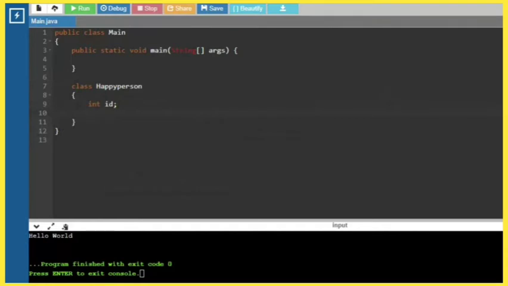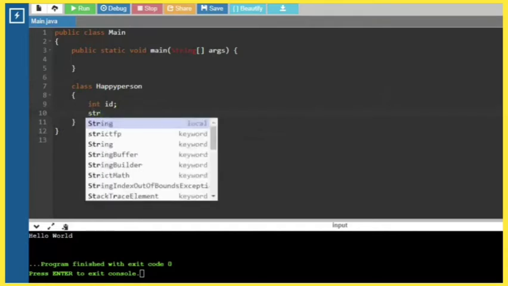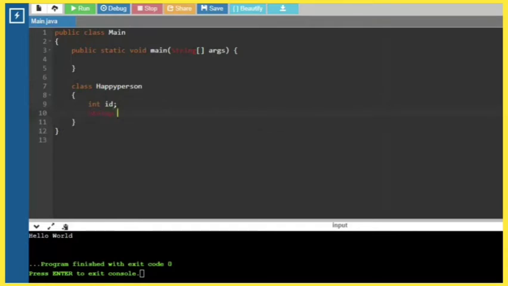Now we'll have two variables like in the last video. Integer: we'll give that happy person an ID. You can also have, like, student. In string you can give his name.